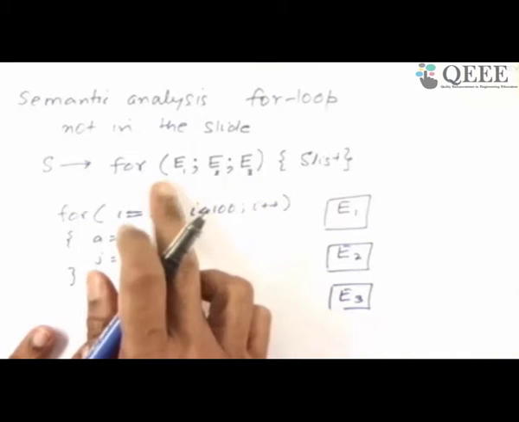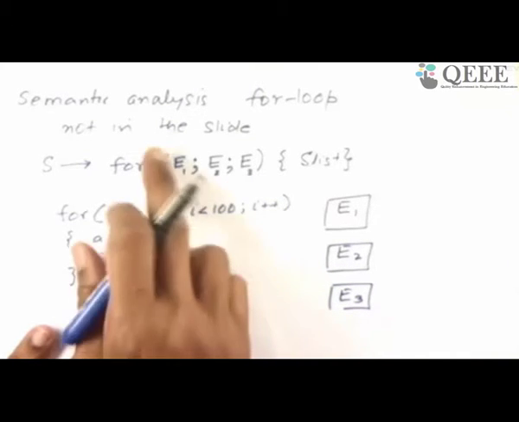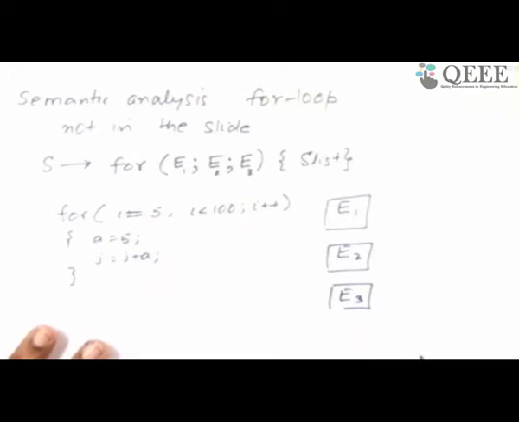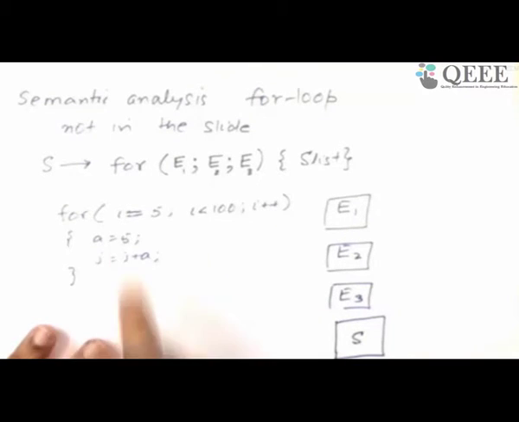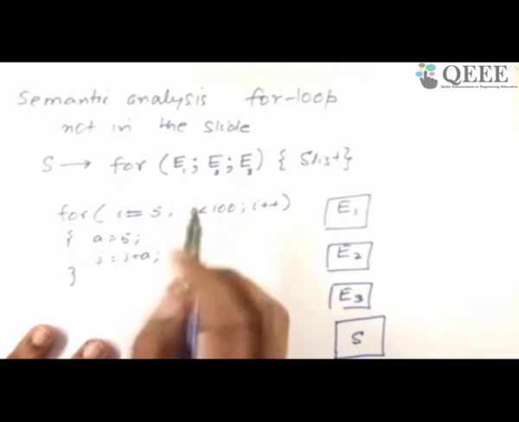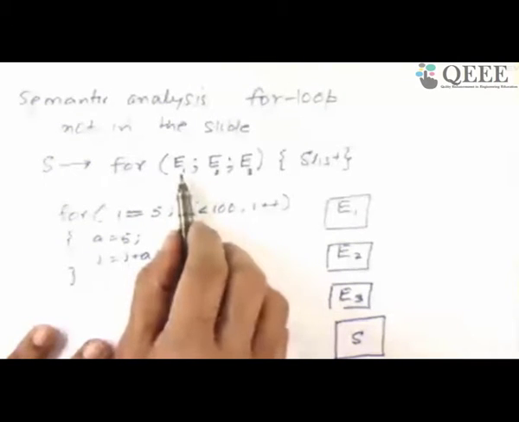I'm ignoring these semicolons, opening parentheses, and for, because these are anyway terminals. And after that, I will take S list, which is basically S. Now these pieces of code I should connect so that it becomes a for loop, which is very important. So when I'm processing during parsing, I don't care that E1 is a part of the for loop.